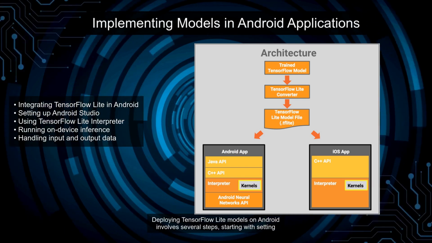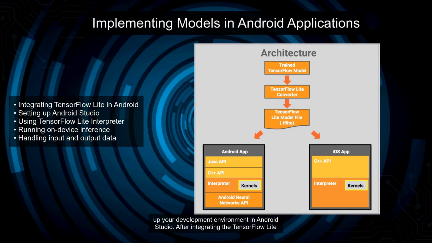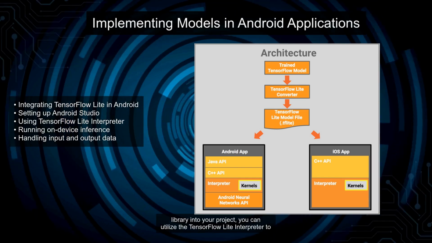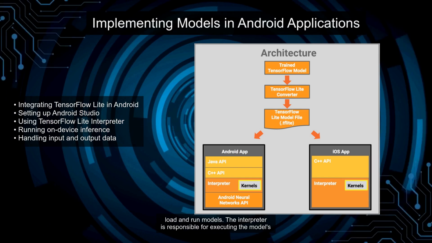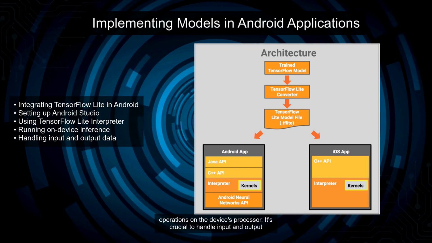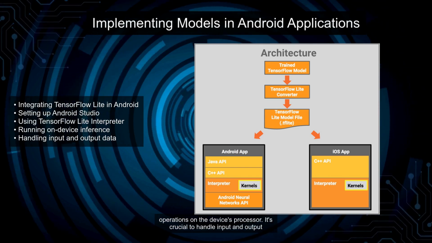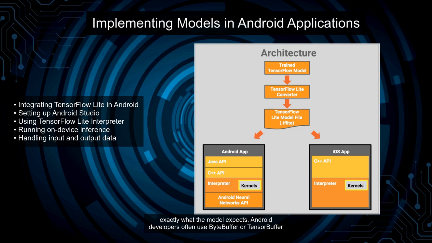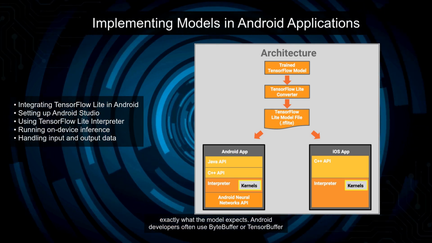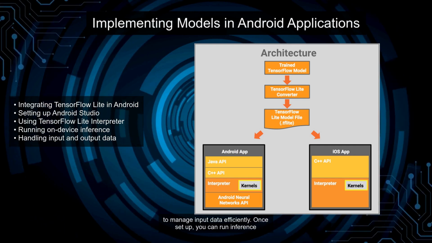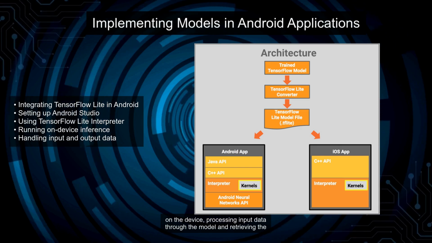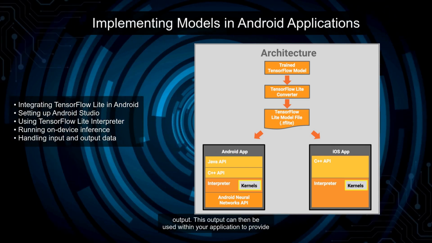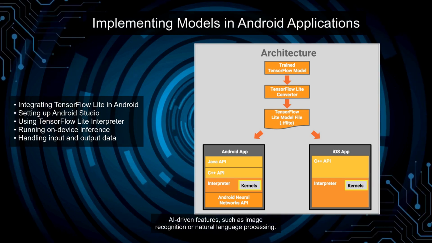Deploying TensorFlow Lite models on Android involves several steps, starting with setting up your development environment in Android Studio. After integrating the TensorFlow Lite library into your project, you can utilize the TensorFlow Lite interpreter to load and run models. The interpreter is responsible for executing the model's operations on the device's processor. It's crucial to handle input and output data correctly, as the model's input shape and data types must match exactly what the model expects. Android developers often use ByteBuffer or TensorBuffer to manage input data efficiently. Once set up, you can run inference on the device, processing input data through the model and retrieving the output. This output can then be used within your application to provide AI-driven features, such as image recognition or natural language